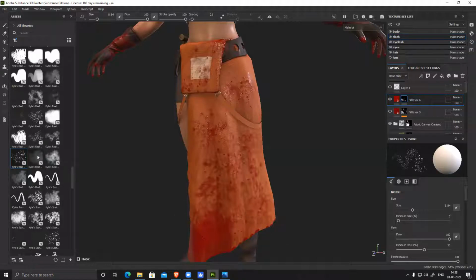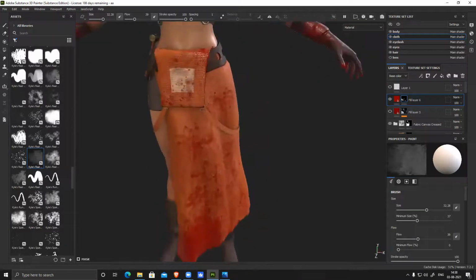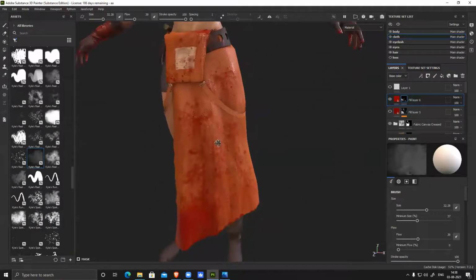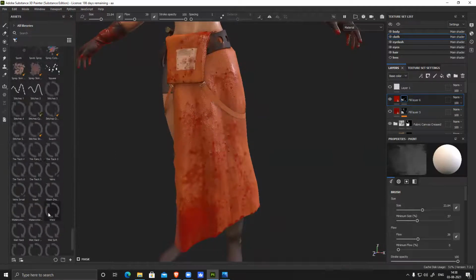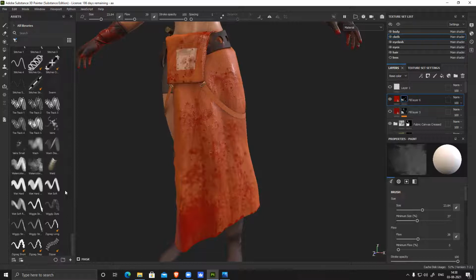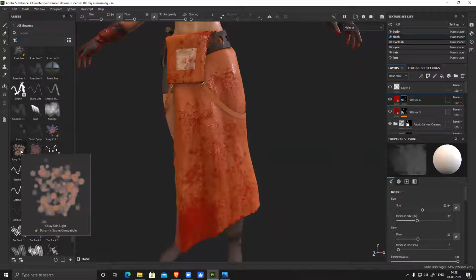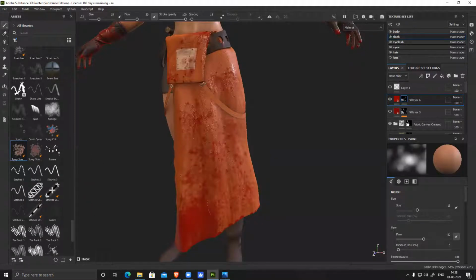And just to blend everything, I use these rough brushes. There's a skin spray. This one works very nicely. If you use this, it blends everything. This is basically meant for skin. We have those freckles and all to create that patchiness on skin.